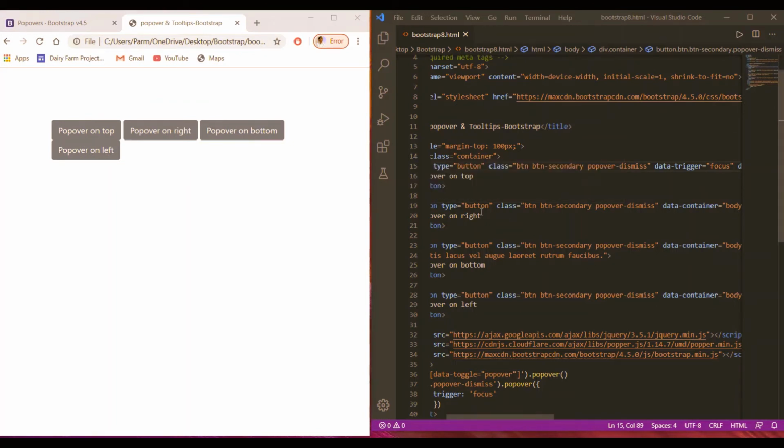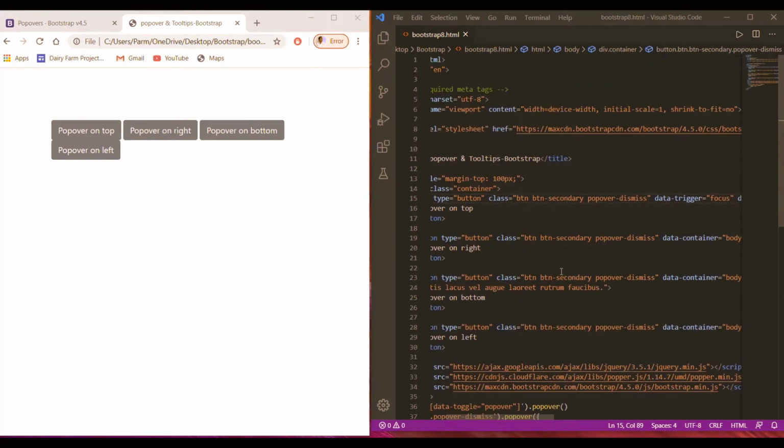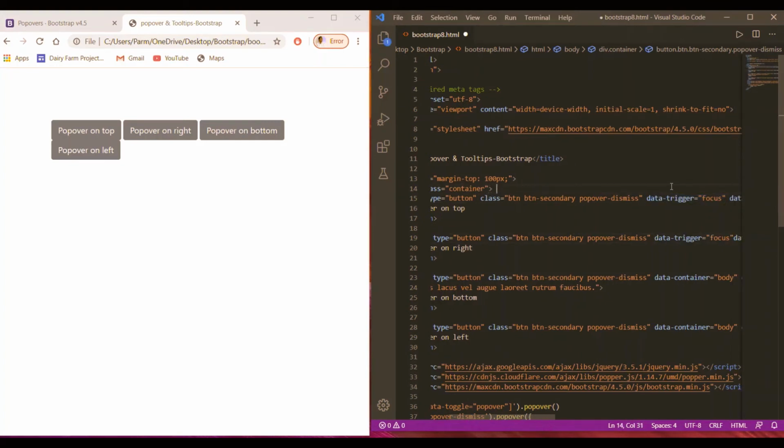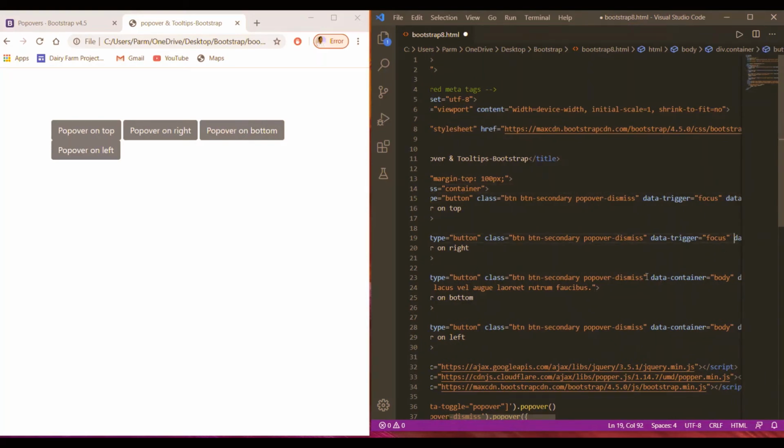So if we want that pop-up to disappear on the next click, what we have to use is data trigger, and we have to set the value for that equal to focus. So if we put the value, Control C from here, and here we go, paste it, then again here we paste it, and again here we paste it.